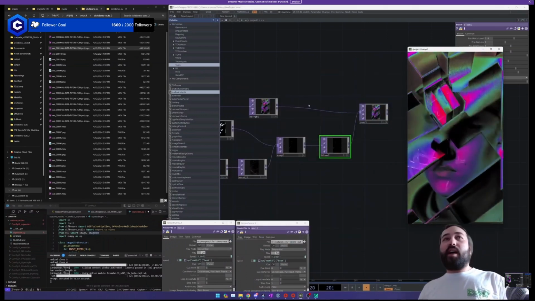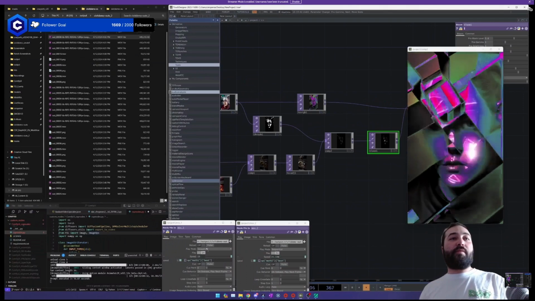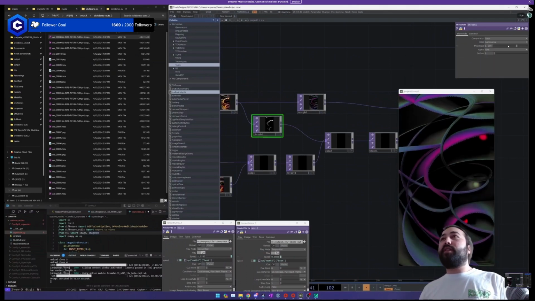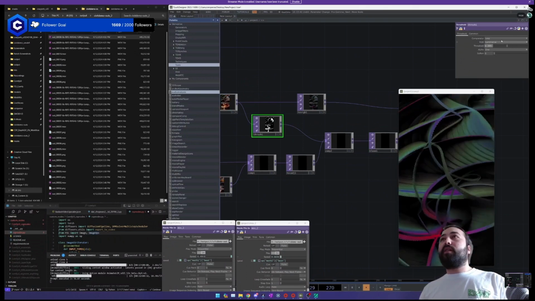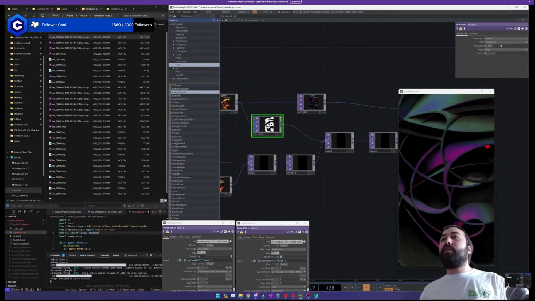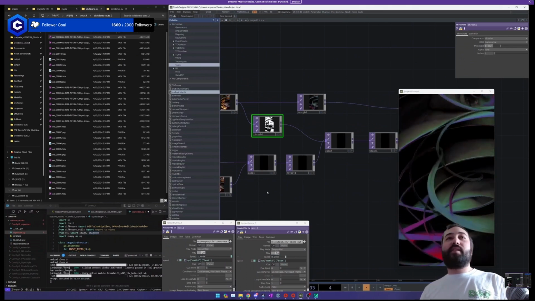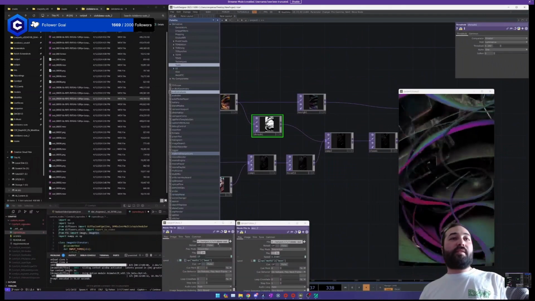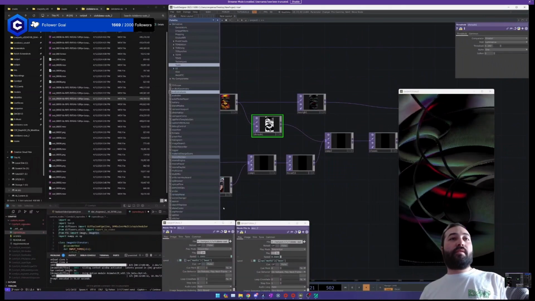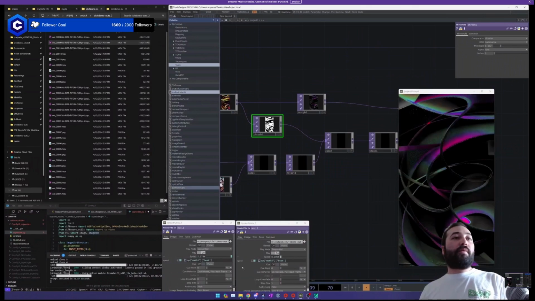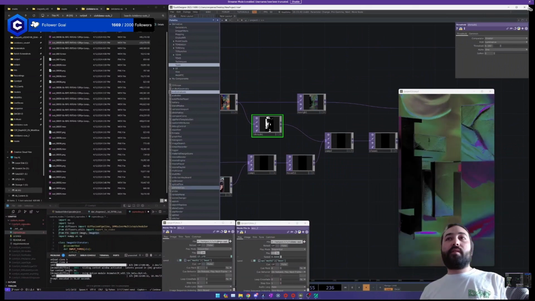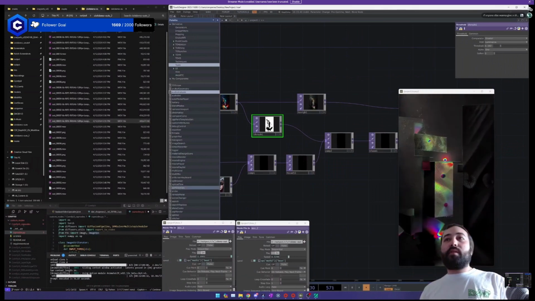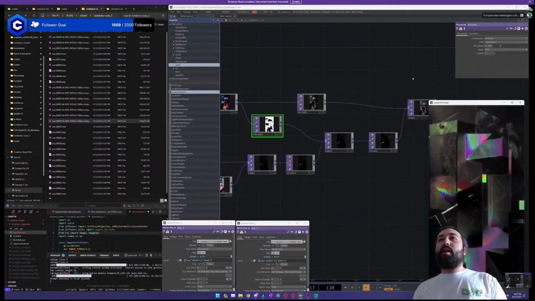Let's try a few more and see if we can find something that works pretty well. Let me figure out this threshold here. It's definitely not right yet. I think, does it need to be greater? Yeah, there we go. Now it's in the dark areas. Okay, so that's what I wanted. Let's try some different ones, the different loops we made. Let's try this one. Okay, so let's go with this for now.